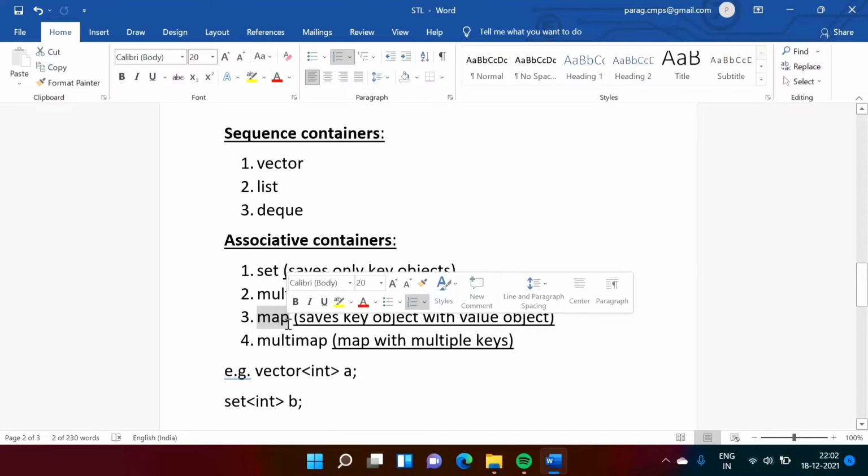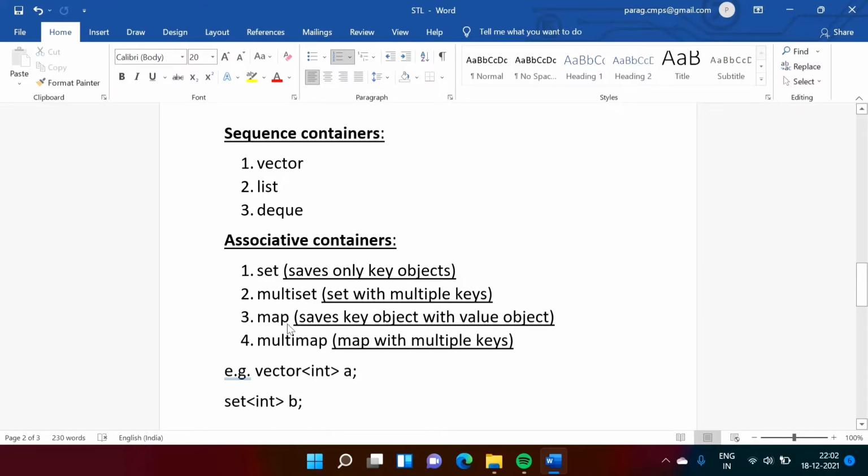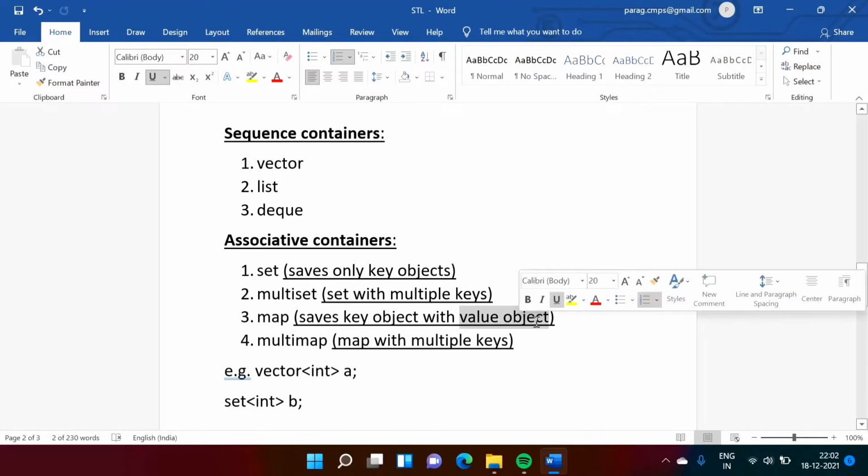Now see, the previous example that I have given, that is roll number and student. So when the data is saved like a key value pair, roll number as a key object and student name as a value object. Or another example, state name and capital.